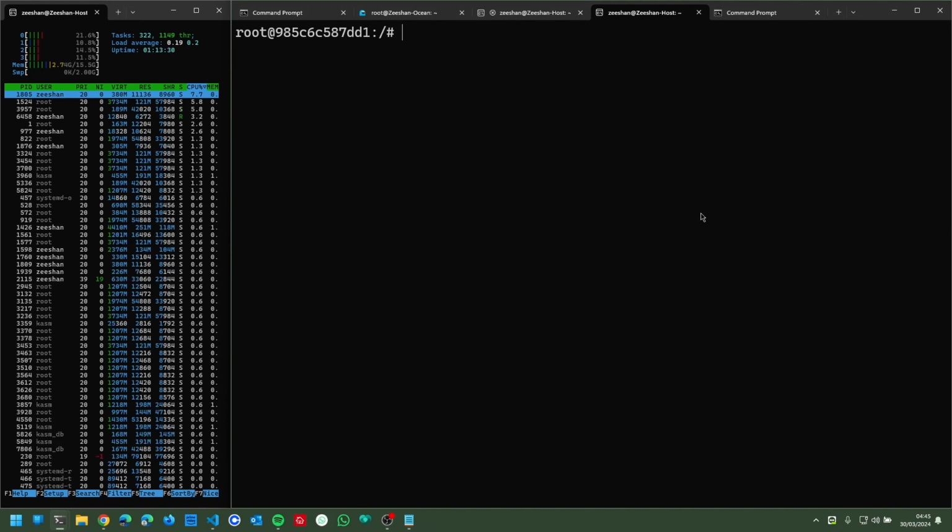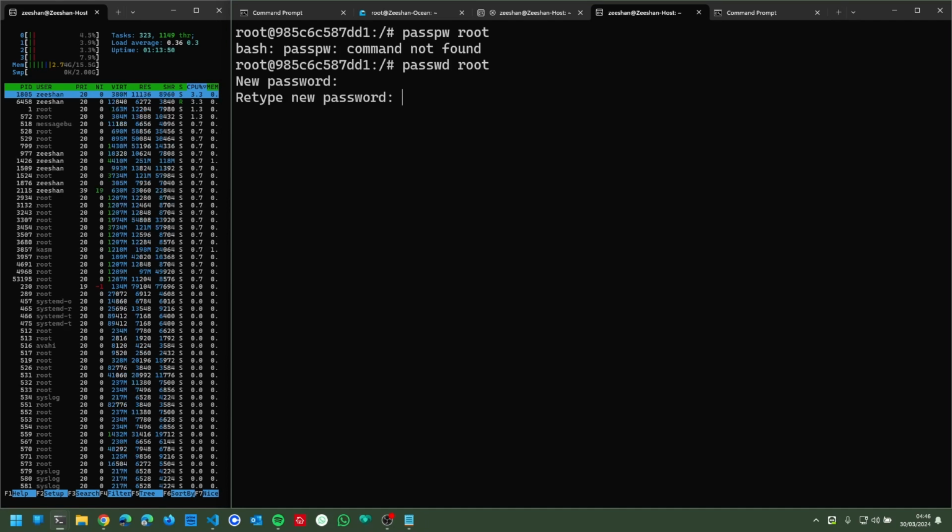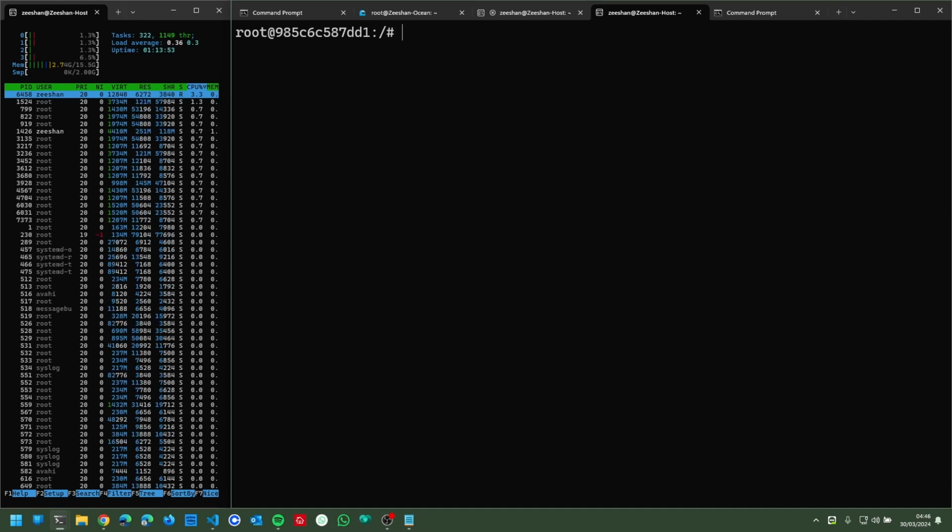From here, you want to install all the dependencies. I'm going to update the Docker container first, install nano, and then install OpenSSH. But before I do that, I'm going to change the root password. To do this, you do passwd root, and then just set this to whatever you want. But once that's done, we can install the dependencies. So first we'll do apt update,